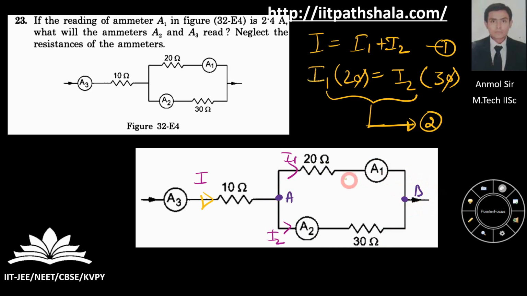So A and B, both of the resistances are falling in between the terminals A and B. In both of these resistances, voltages will be same, provided that A1 and A2 are carrying minimal or no resistance. So voltage across your 20 ohm resistance will be the voltage across your 30 ohm resistance. Voltage is V equal to IR, from the concept of Ohm's law. So the I in this resistance into R of this resistance, similarly I in this resistance into R of this resistance. Okay, now you have to solve for I1 and I2 and mention that in the comment section, because it's a pretty simple question and you can do it.